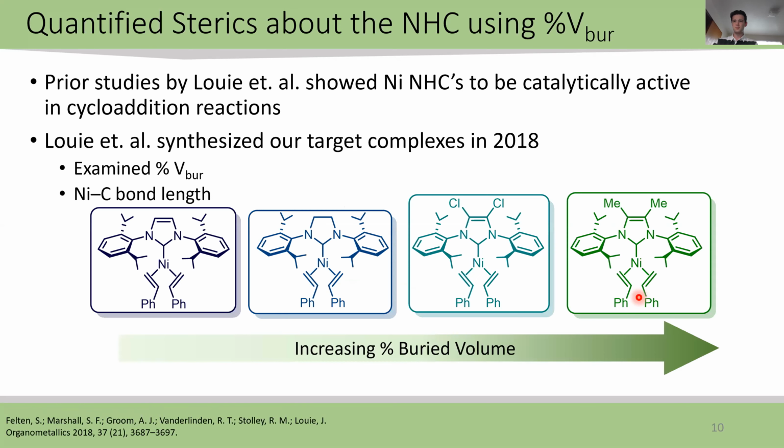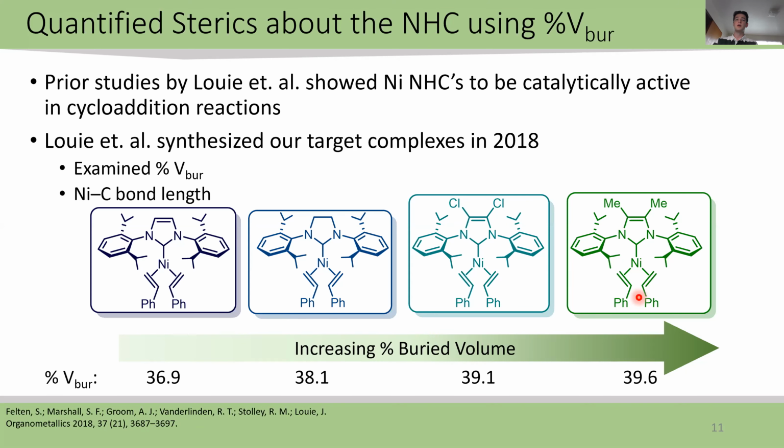So the Louis group synthesized these and quantified their percent buried volume. What they saw was that there was about a 3% difference from the unsaturated NHC up to the methylated NHC. So going from about 36.9 to about 39.6, my apologies. And so there's about a 3% difference between the percent buried volumes, which when we think about